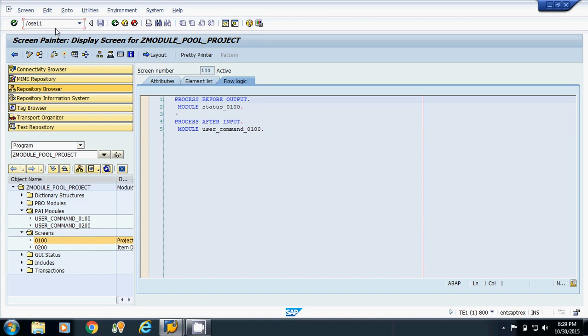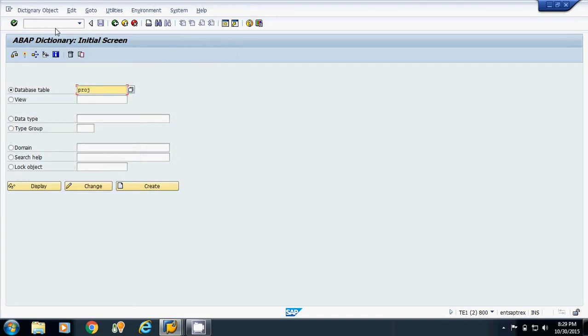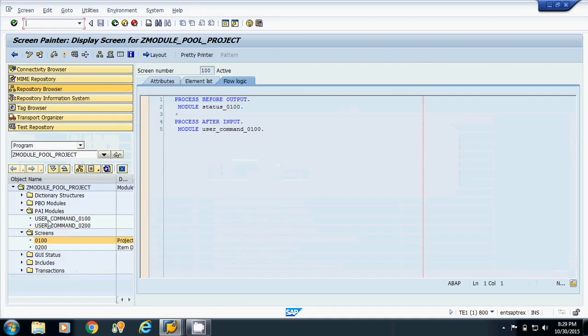If I go to transaction code SC11, I have one table PROJ, which is the header table for project number. Now I will design one screen in which if I pass the project number and click on the OK button, I will display the details of that project number. So I will go with screen number 100.